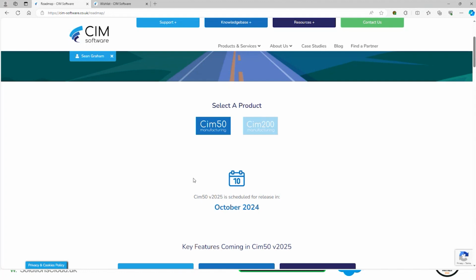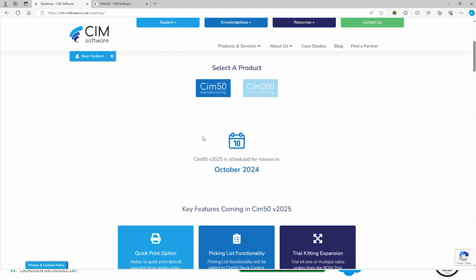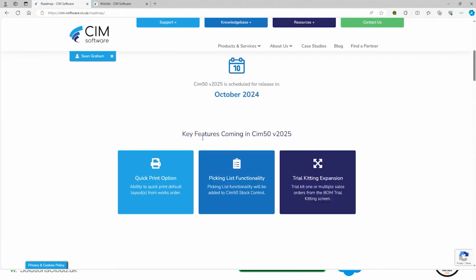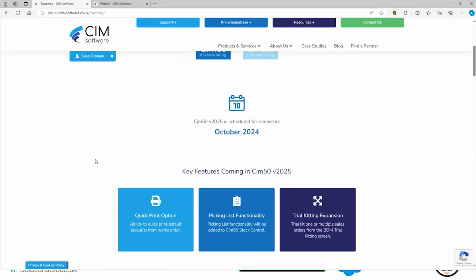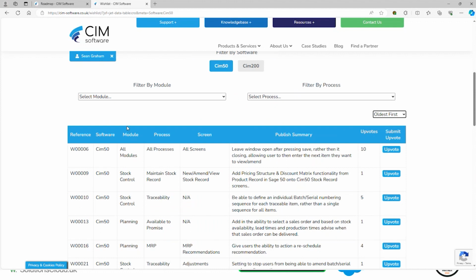Within these areas of the system, they've got a roadmap, sharing their current plans for future releases and what information they're going to add into those future releases. They're also sharing their wish list. So again, you still have the option of raising suggestions for developments to the software,